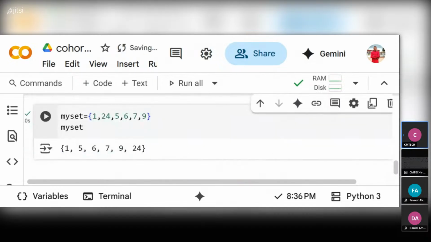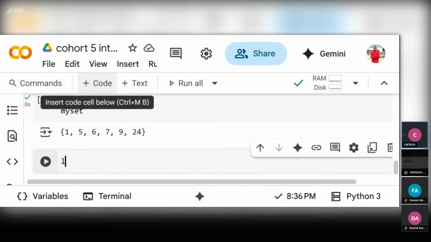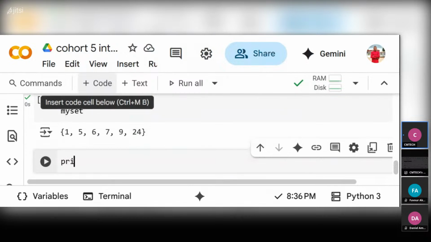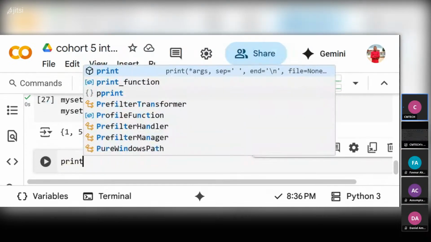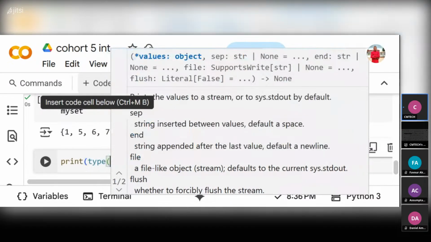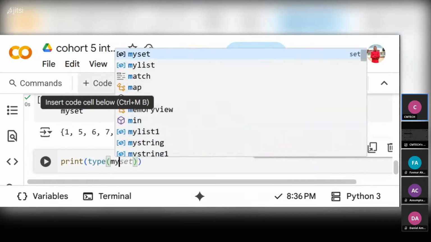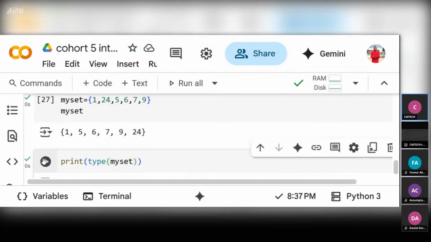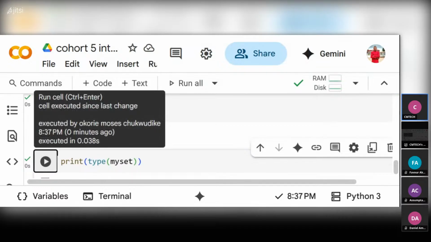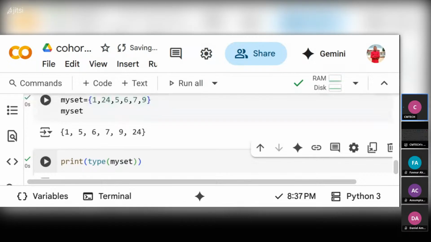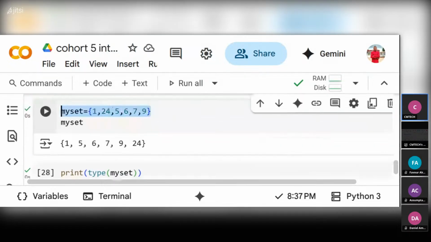Now, this is my set. Let's check for the type. You can also check for the length. Let's check for the type. It will give us set. Yes, it will give us set. Look at it, it's set. But if nothing is inside here,